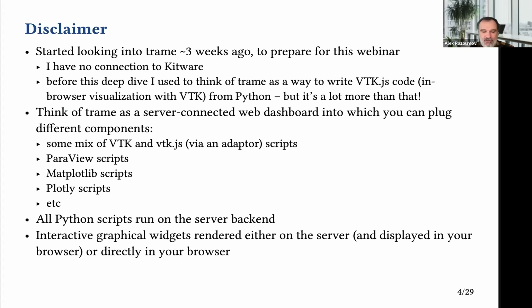So I personally started looking into Trame. I read about it over the past few years, but I really started diving in about 3 weeks ago to prepare for this webinar. I have no connection to Kitware, so everything I'm going to show you today, I learned mostly, well, 99%, in the past few weeks, and some things don't work yet. So some things I'm still a little bit puzzled about,